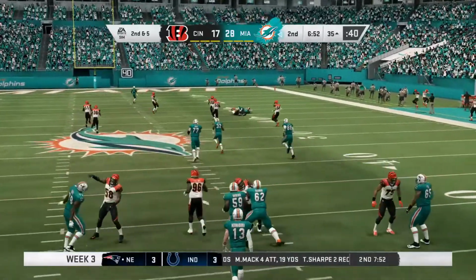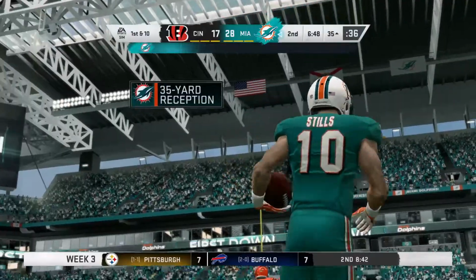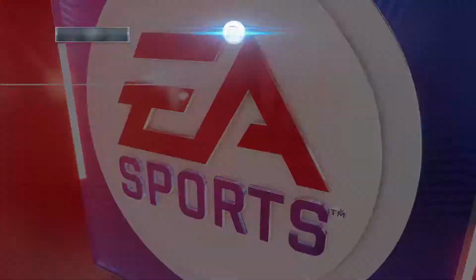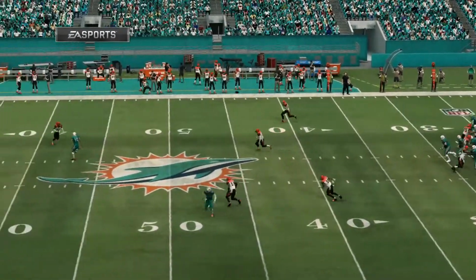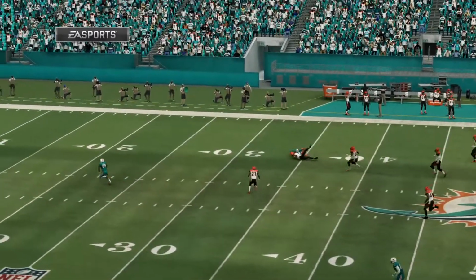Oh, this is taken in. It's complete. And he's going to get this down to the 35-yard line. Well, one thing's for sure. They're going to have to come up with something at halftime because he is absolutely roasting them right now. They're going to go through the whole litany of things, changing coverages, what are we going to do to put